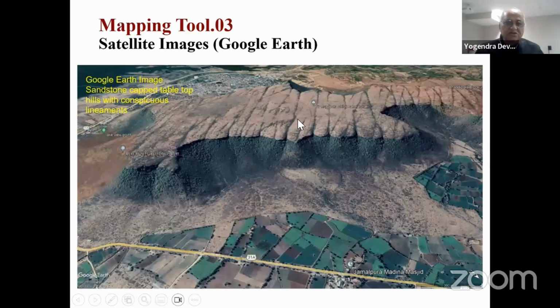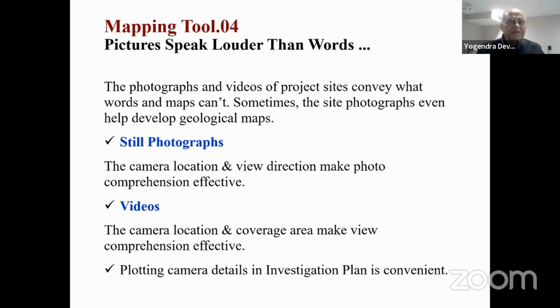So it is all quartzite on top, which is about 25 meters thick. Down below it is all shale. This is impervious, this is pervious, and mostly secondary permeability because of these lineaments. So these are the things which are value adding in reporting, when you are doing the reporting.